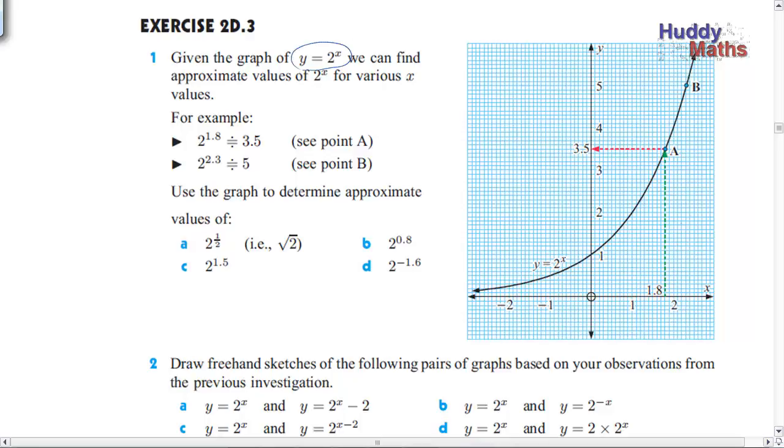For example here, 1.8 on the x-axis means 2 to the 1.8 would be that number there. Just make sure you understand what a graph of 2 to the x is. If you put an x value in there, you'll get the value of 2 raised to that power. So you can read a couple off here and check with the answers underneath how you went. Okay, so try question 1. Get your head around what that graph is doing, and then we'll go to question 2,